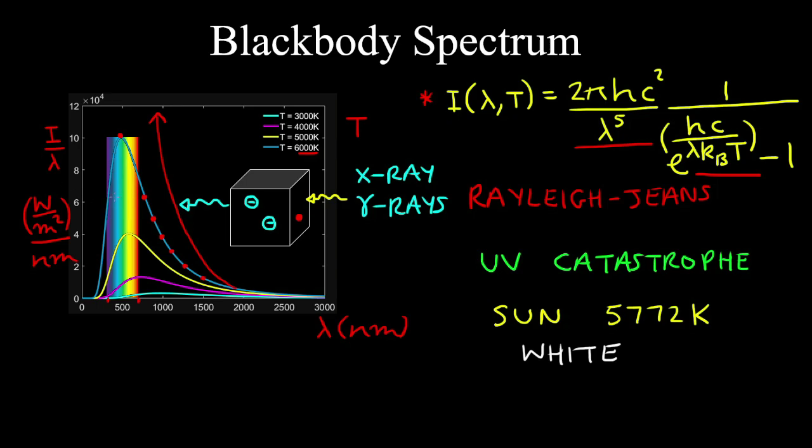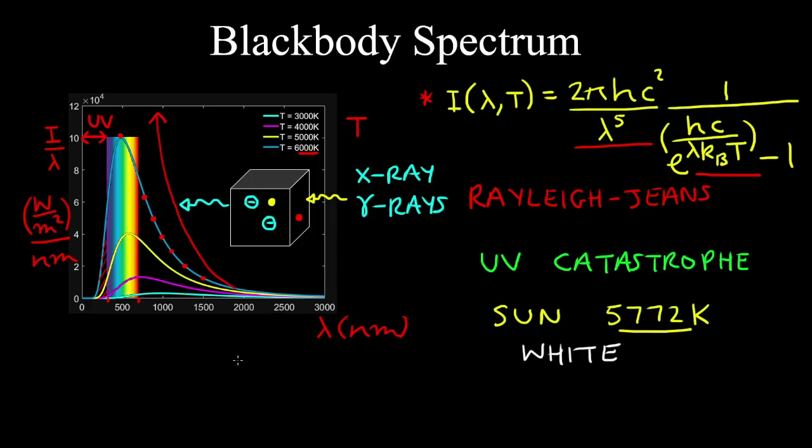And here we can see a small portion of light emitted by the sun is in the ultraviolet region of the electromagnetic spectrum. So that's this part over here, which is quite small compared to the wavelengths of visible light emitted by the sun. So effectively, if we heat this body, it keeps changing color, and when it reaches the color of the sun, we can determine the temperature of the sun without actually making a physical measurement.